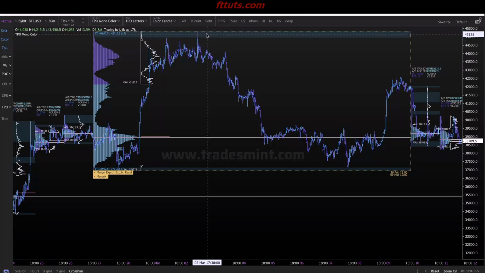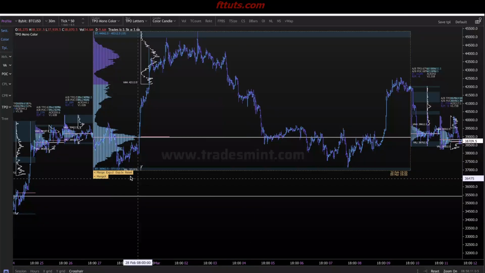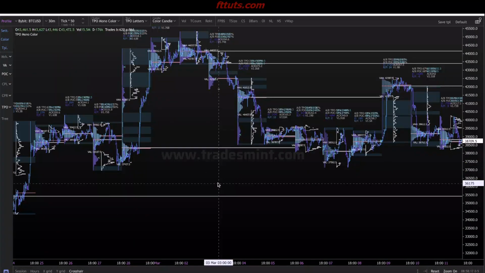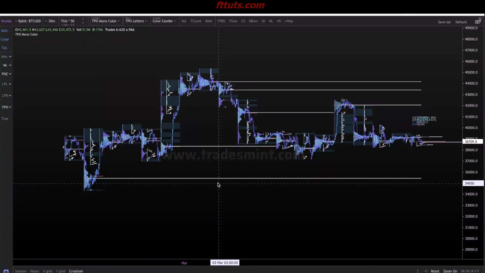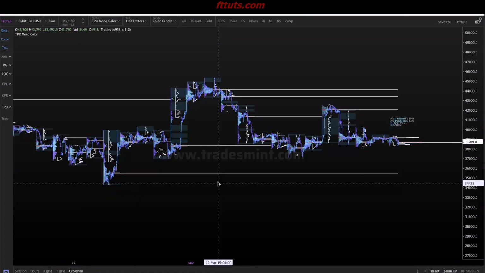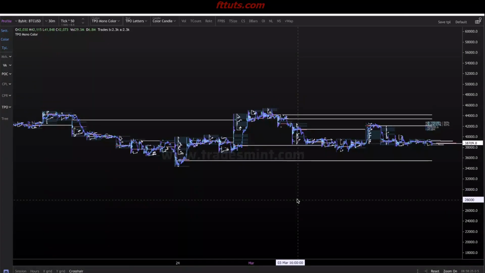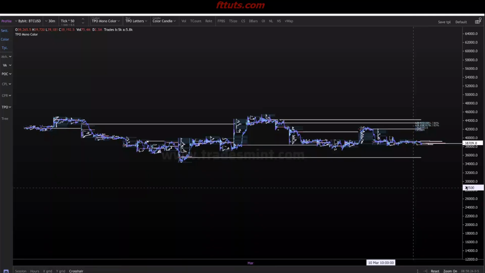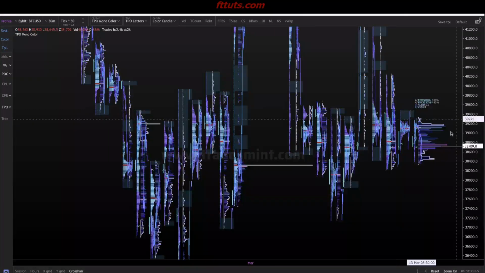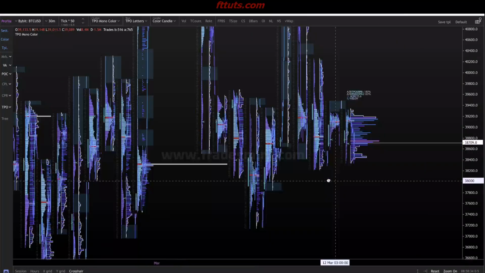But another reason why we would want to merge sessions is to get value area lows and value area highs that are more accurate than the value area lows and value area highs in TradingView. Okay, they're more accurate. So what I mean by that is this: if we're looking at a range, let's say, and we want to be trading the range and have the most accurate points of control and value area highs and value area lows, what I would do is we would come over here